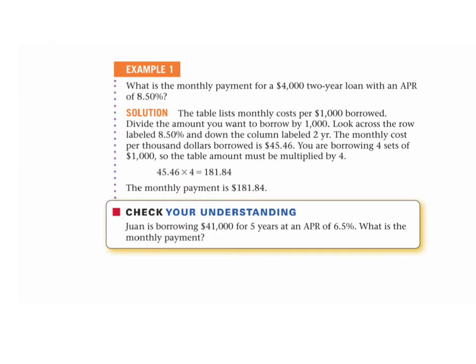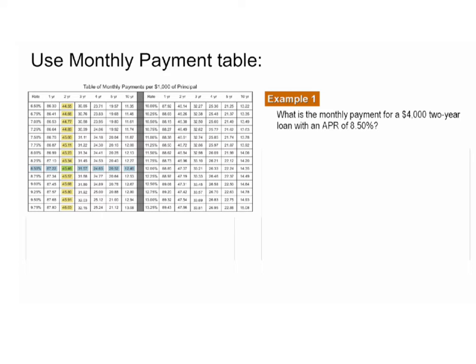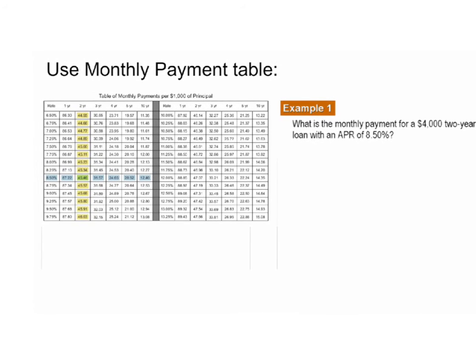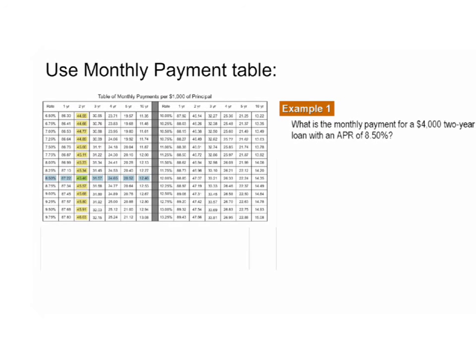Here is a copy of what example 1 looks like in our textbook. It says, what is the monthly payment for a 2-year loan with an APR of 8.5%? They've actually highlighted it here for us. If we look, here is 2 years. Here is 8.5%. At their intersection, it says